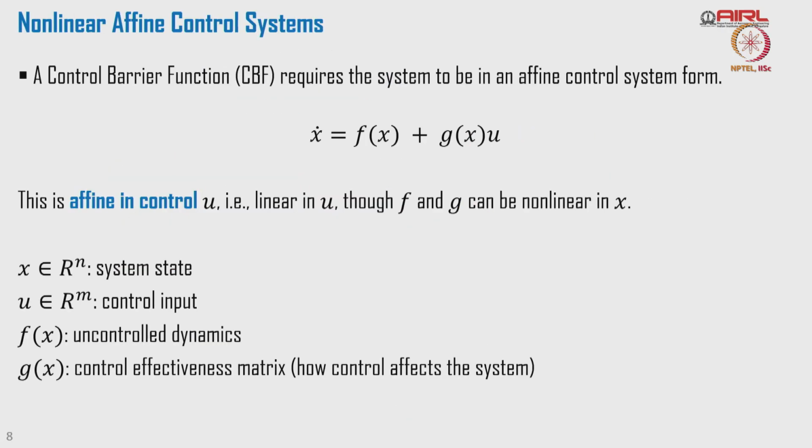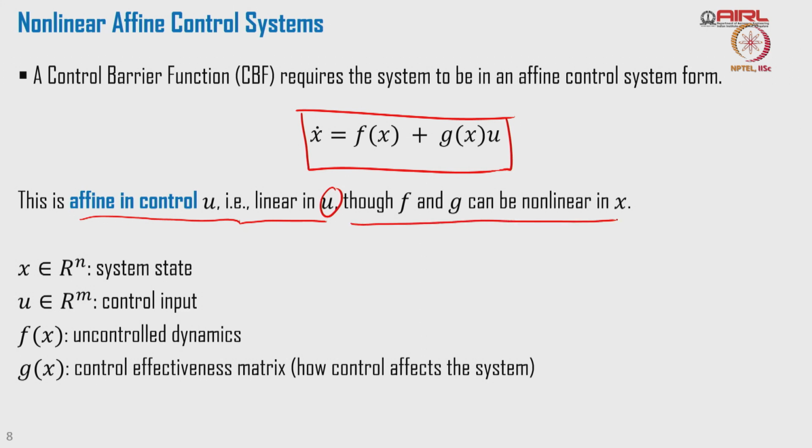Now we'll define the control barrier function mathematically, and there is a process. We have to know certain basic things mathematically, then the theory on control barrier function will be developed. Before defining a control barrier function, we define an affine control system. What is an affine control system? It is of this form. It is a non-linear system, or it can be a non-linear system, but affine in the control input. This means it is affine in control, that means linear in control input u,